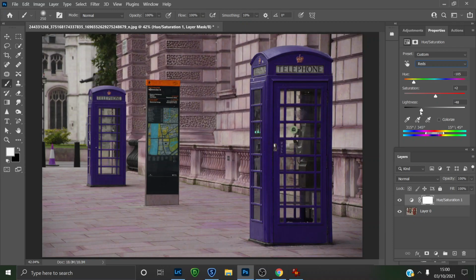So again, it's a really great tool for changing different colours or increasing the colours or amending colours. So if you've got a blue car but you really want a red car, if you've got green hair and you want pink hair, this is a really good and simple way to do it. If I isolated a particular item, for argument's sake this particular telephone box, I'm happy, I want this